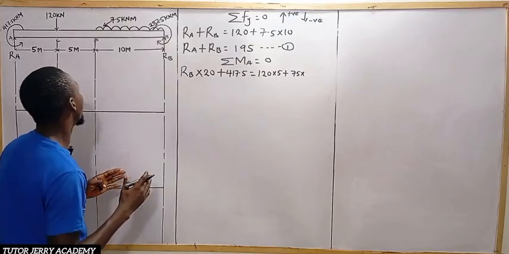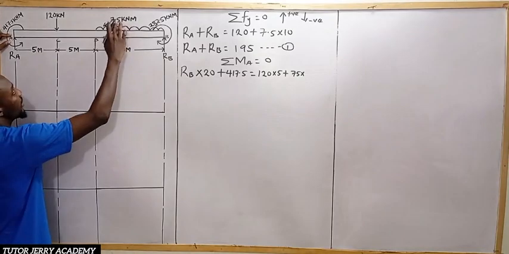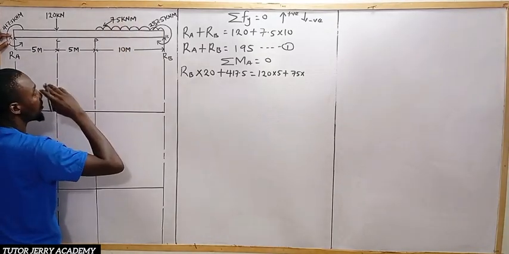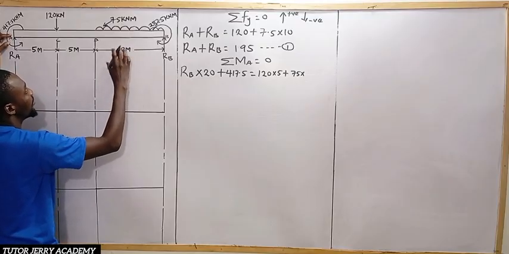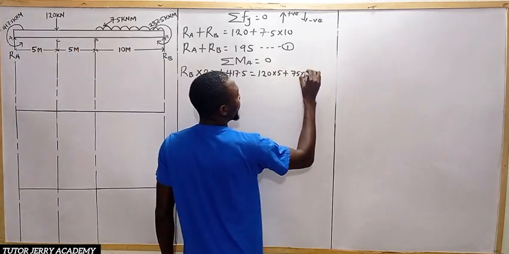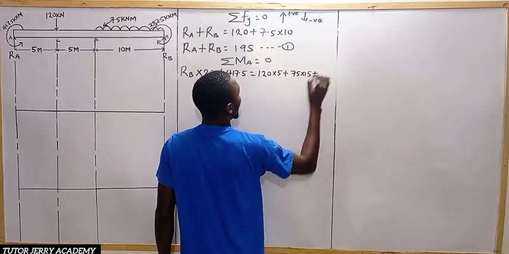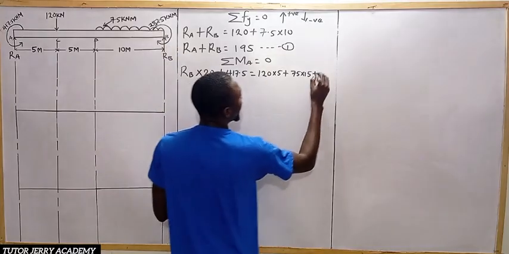So how do we know the distance that it covers? We are taking our moment about point A. Don't forget, when we convert a uniformly distributed load to a point load, it acts at half of the distance. So half of 10 is 5. So 5 plus 5 plus 5 is going to give us 15. So we have 15 here, plus the moment that we have at this side, which is